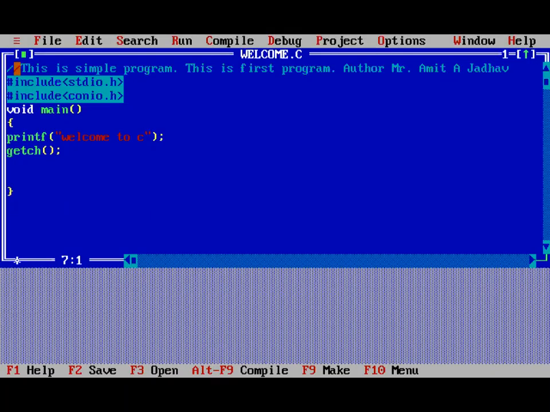Here first is the line where we write the program explanation. We give a simple explanation about the program, and it's not mandatory, it's not compulsory. If you want, then only you can write this line, otherwise you can start the program from here. And these two